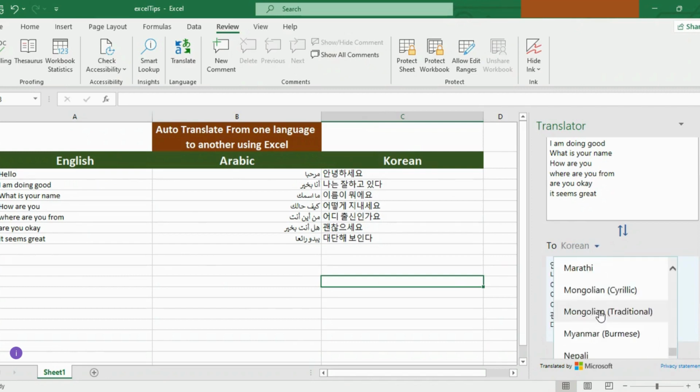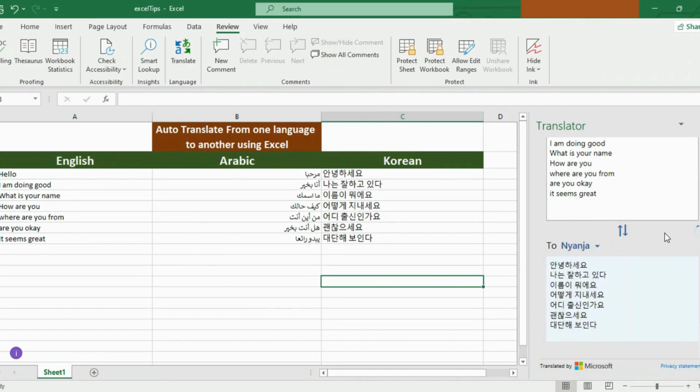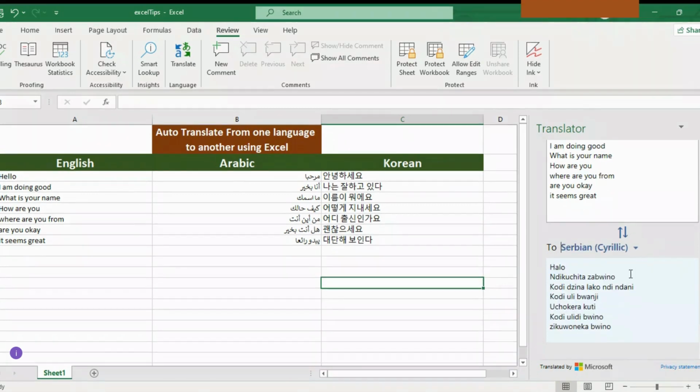Also, you have a bunch list of languages that you can just translate to, and you are free to use